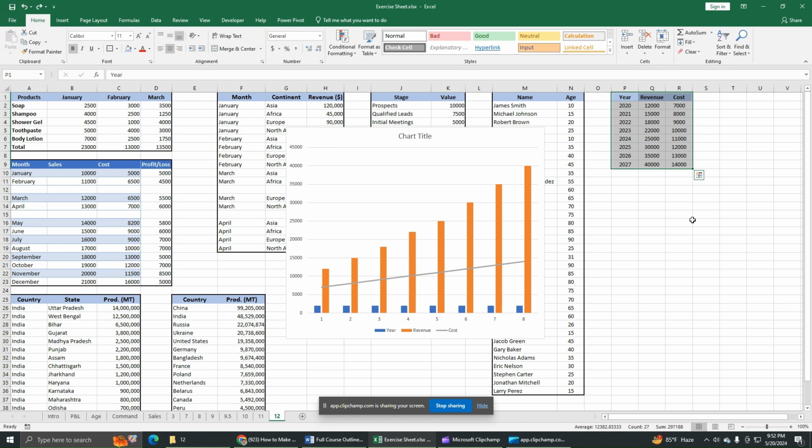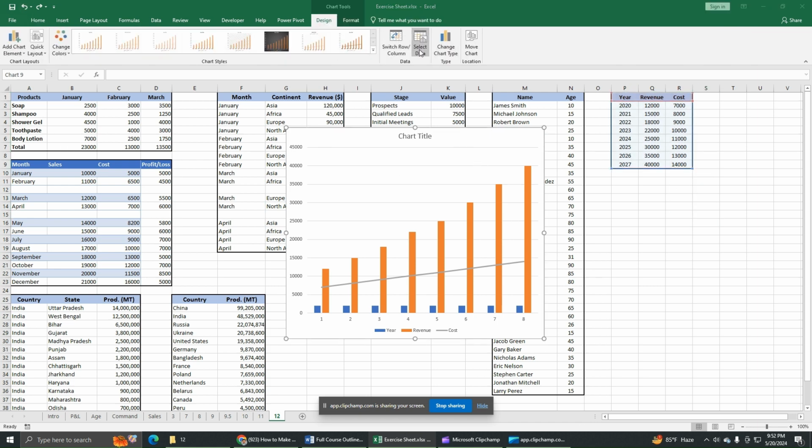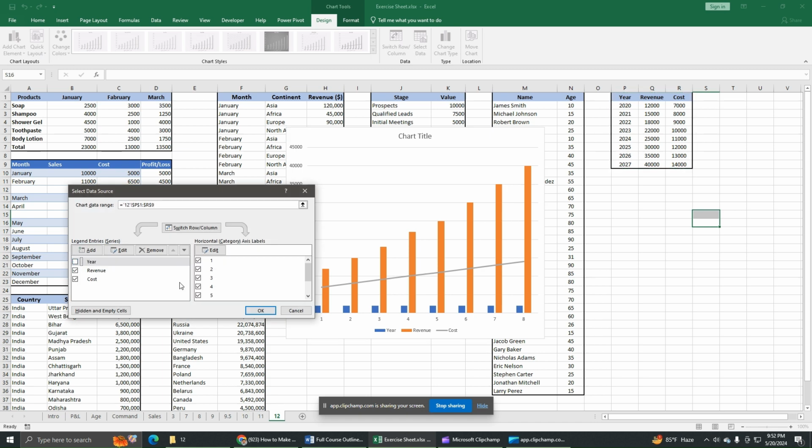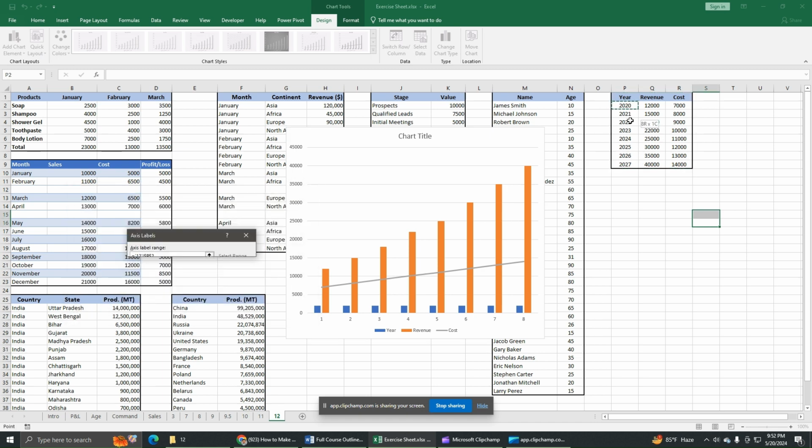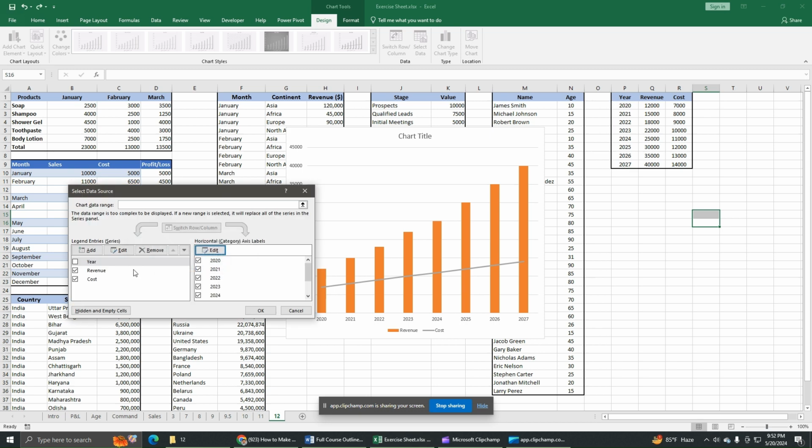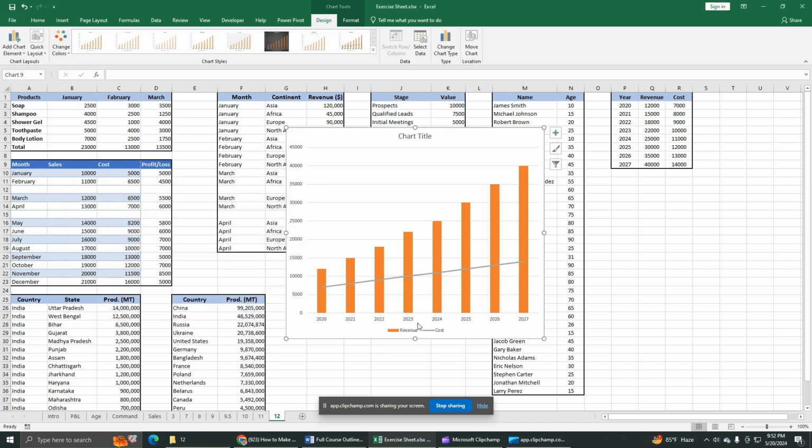I'm going back, selecting the chart, from design, select data, I'm unselecting it, edit, selecting the entire range, and okay. I'm not selecting this. Now only the edited data will be shown. So this is how we can modify here also. Now I can change the title,